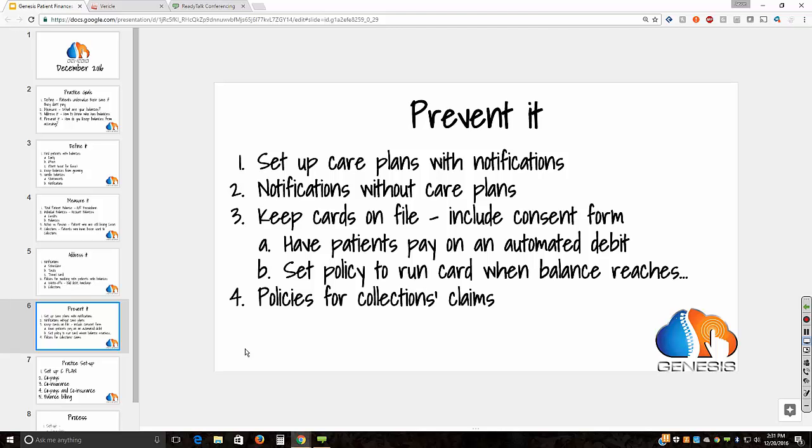And you can have patients sign a consent form saying that if I have a balance over 30 days old and that's over $100, I give permission for the practice to run this card. It's a great way of managing balances without having to manage balances, because you can automate this as well. However, for those people that don't want to, we do make a recommendation for the best practice to actually not be a scenario where they are going to